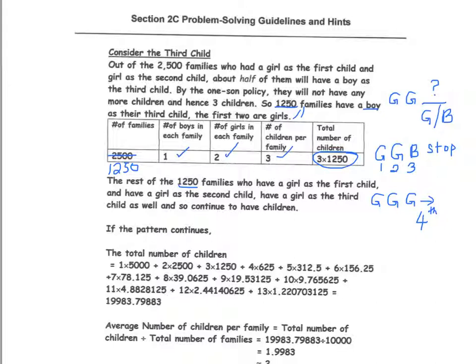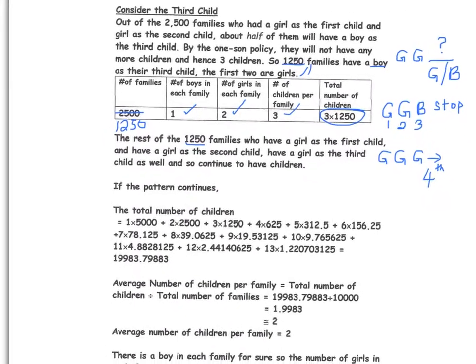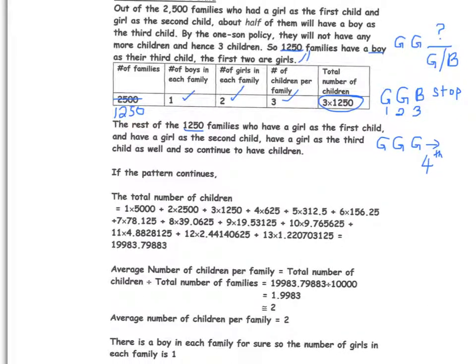So now I think you get an idea of how this pattern works. So let's look at the total number of children in these 10,000 families. So we have 1 times 5,000, that was the total number of children from table 1 in the 5,000 families that have the boy as the first child, plus 2 times 2,500. That is the total number of children in the second table. And then we continue with that pattern,